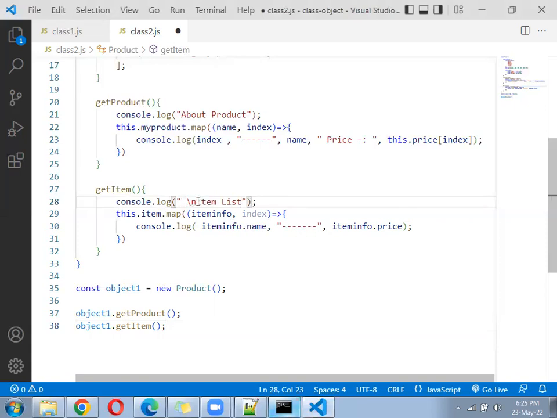Right? Now the same data should come in the browser. What data is printing as of now? The same data should come in the browser. As of now, this data is printing in the console, but only the console will not help us. This data must come into the browser. So for that, our next class will be there where we can